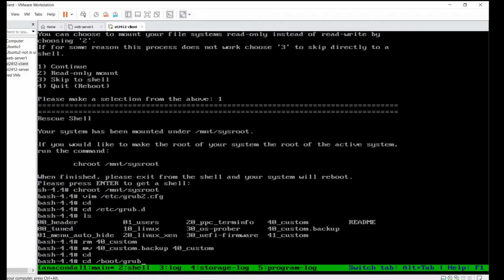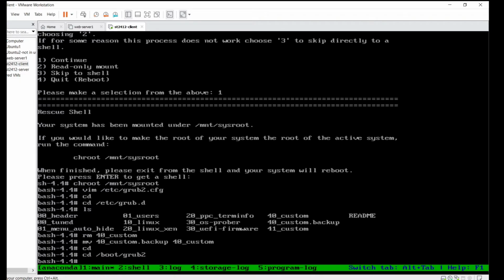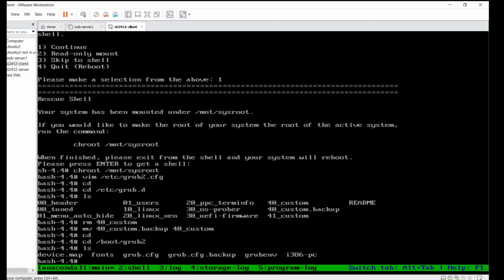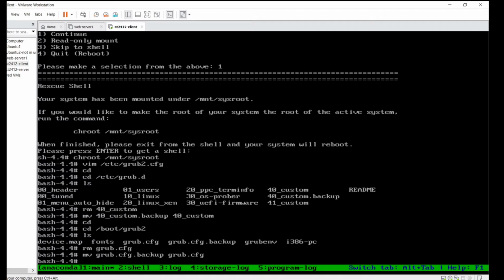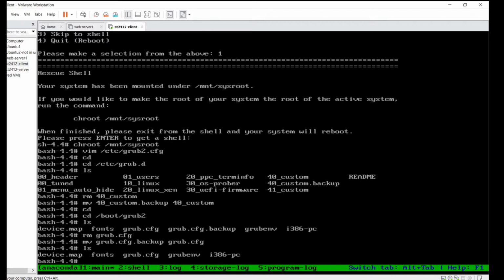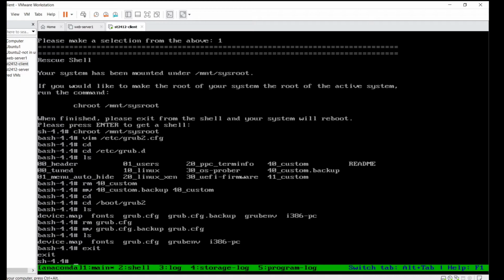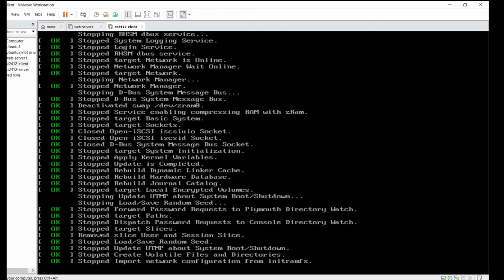This time it's the /boot/grub2 directory. And now I'm looking for the file grub.cfg. I'll delete the grub.cfg file and rename the grub.cfg.backup file back to its original name. And this is to verify that my commands have gone through. And they have. And now I'll exit from the rescue environment.